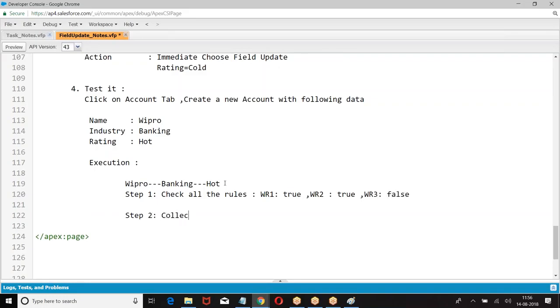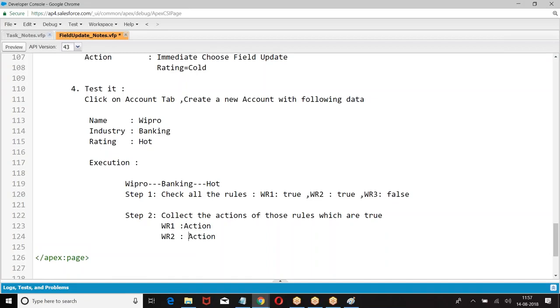Step 2, collect the actions of those rules. What are they? Action.